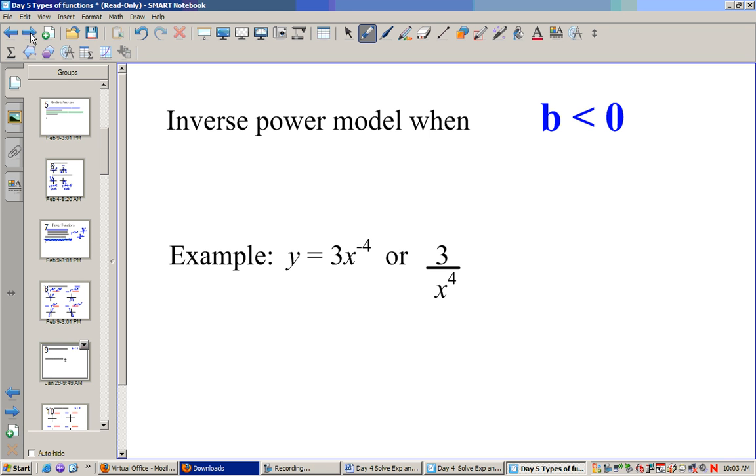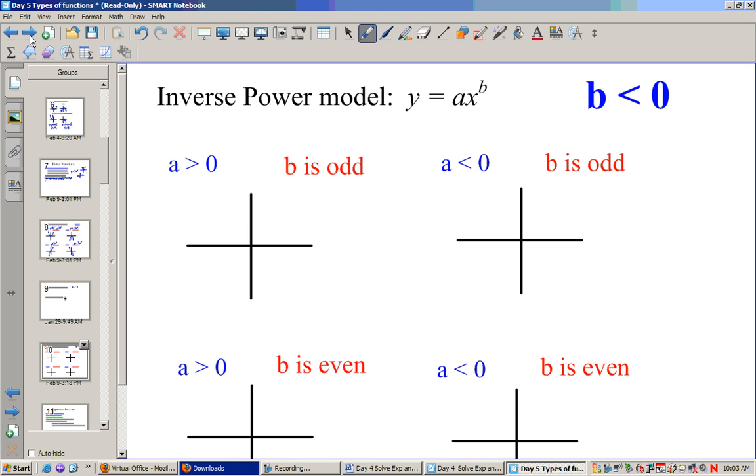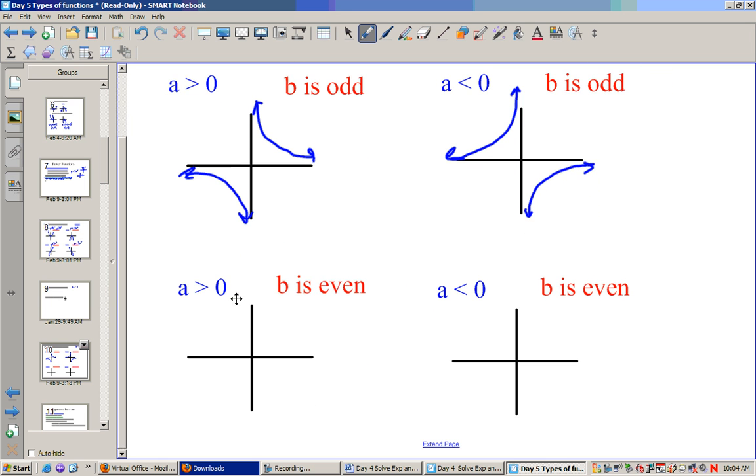The inverse power function is when b is less than 0. So when I have 3x to the negative 4th, because it would be 3 over x to the 4th. Now these create a little bit different equation. If a is positive and b is odd, then it'll look like this. However, when a goes less than 0, so if a is negative, it would look similar to that. If a is positive and b is even, it looks like this. If a is negative and b is even,